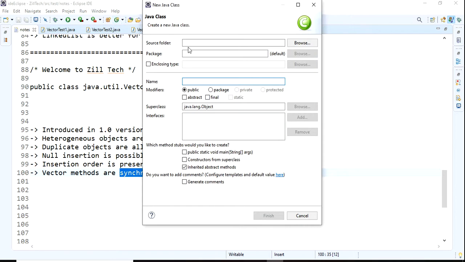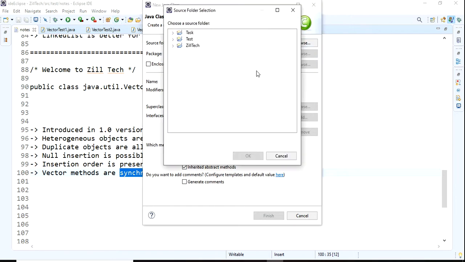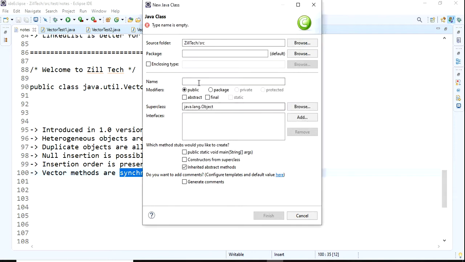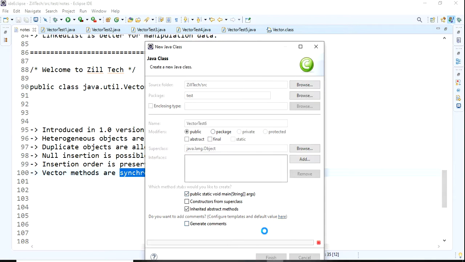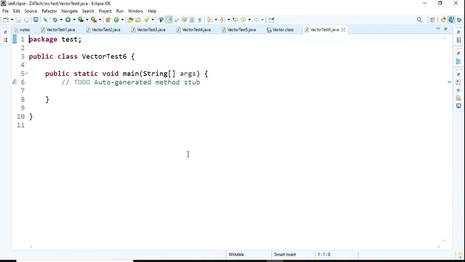I'm taking one new class in the Ziltech package, named VectorTest6.